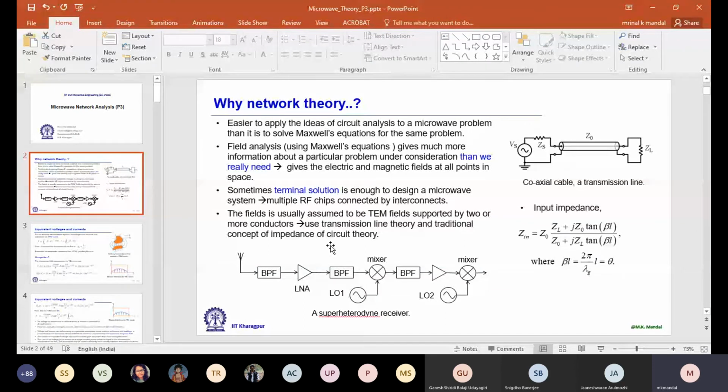Now, sometimes we make the mistake that two mixers means super heterodyne. No, super heterodyne means IF is fixed, intermediate frequency is fixed. That is the characteristic of super heterodyne. It can be one mixer, two mixers, more than two mixers, but IF is fixed. If IF is fixed, then we can design very high performance amplifier, then filter, and if IF is tunable, then we can't. So this is the main advantage of super heterodyne.